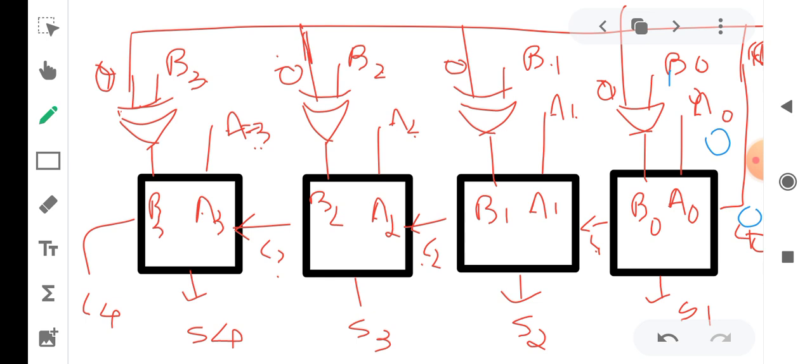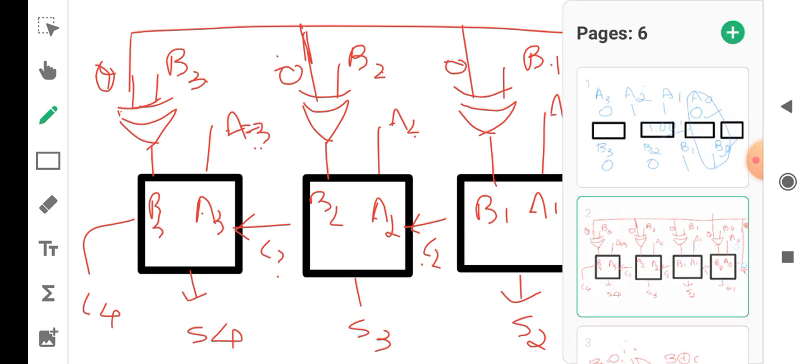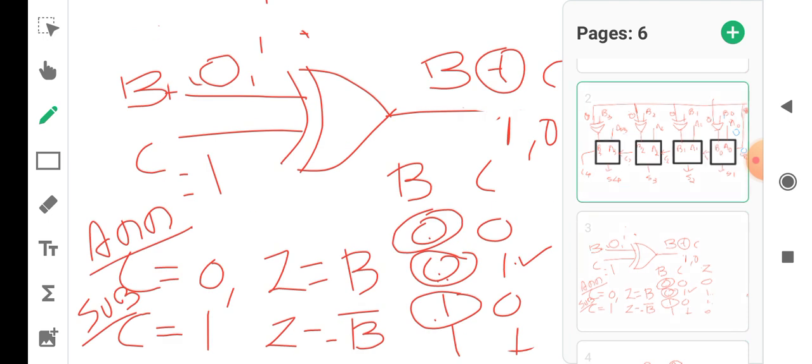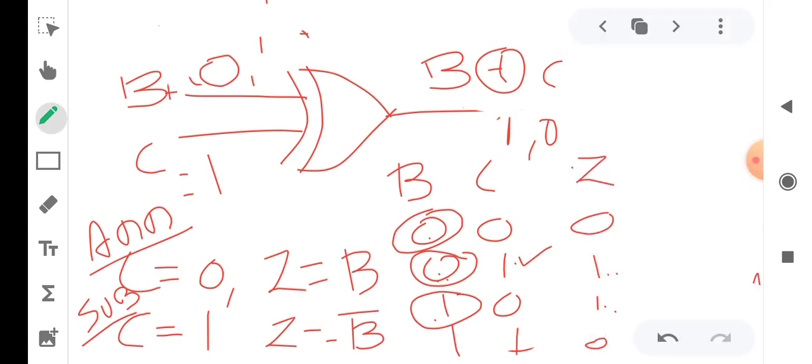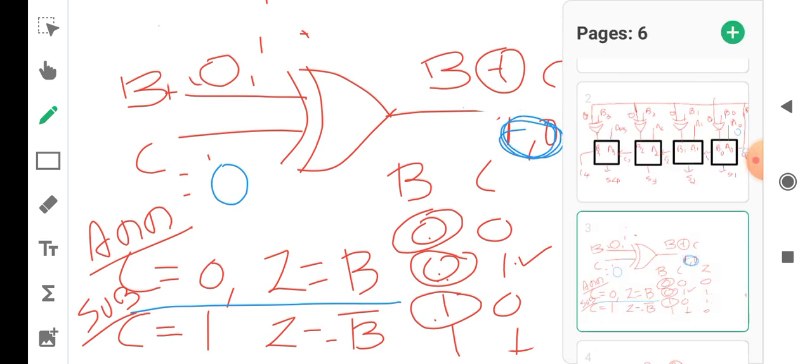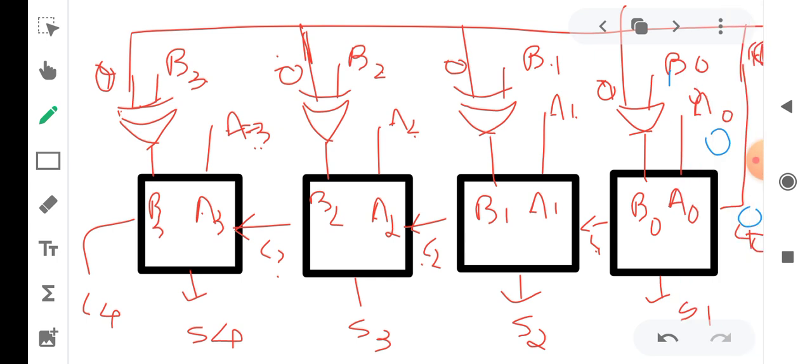So what does that XOR gate perform when c is equal to 0? When c is equal to 0, z is equal to b. So when c is equal to 0, z is equal to b.